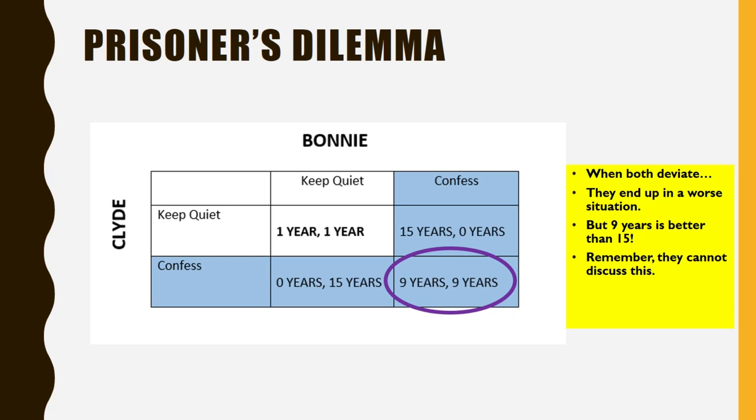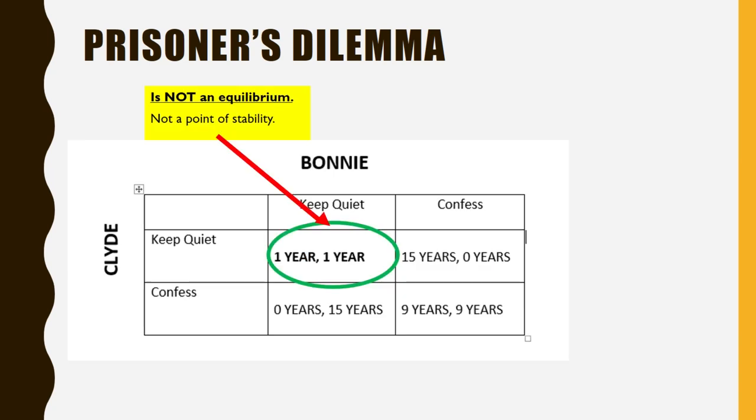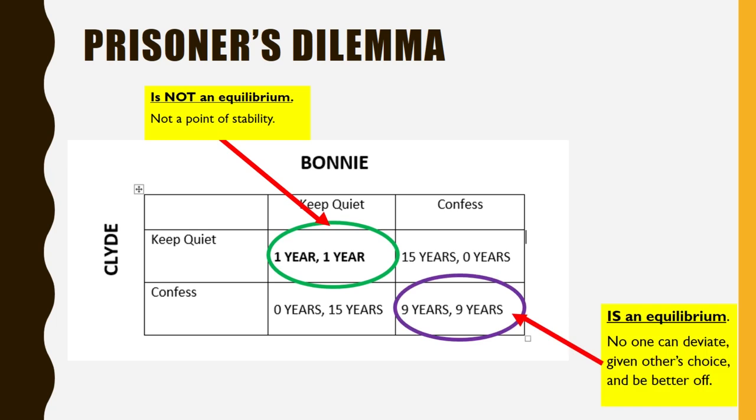Now again, remember, they can't discuss this. So I'm not saying that we put them together and let them discuss it. I'm just saying we're looking at the theoretic properties of the game. And again, even if they could discuss, even if we put Bonnie and Clyde together in a room and they both say, oh, I love you so much, let's keep quiet. Oh, I love you too, let's keep quiet. As soon as they separate them again, depending on how devious they are, that agreement may not have held up. So what we're saying then is our initial 1 year and 1 year outcome where they both keep quiet is not an equilibrium. It wasn't a point of stability, but